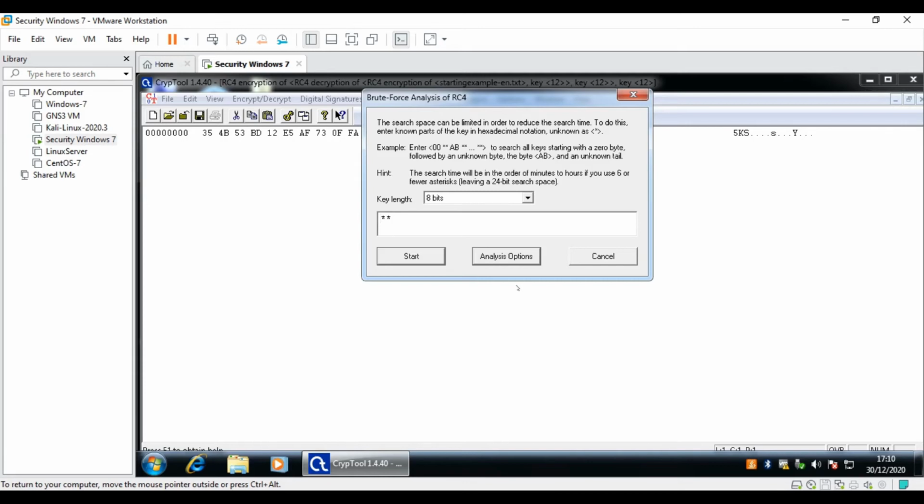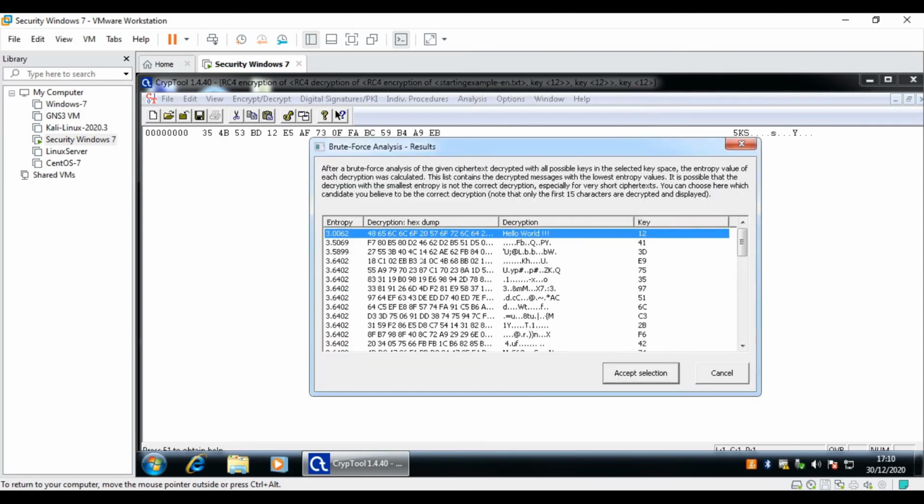So let's start, because we have selected the correct key length, since we have prior knowledge of that. Then I'll start, and in no time the system predicts a series of decryptions, and in the list the lowest entropy normally shows the correct decryption with the key.